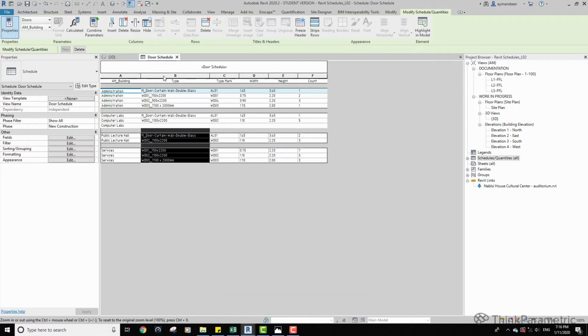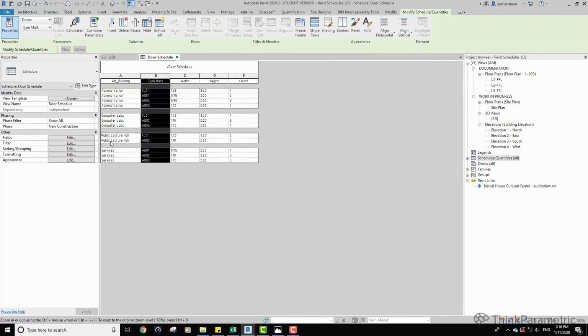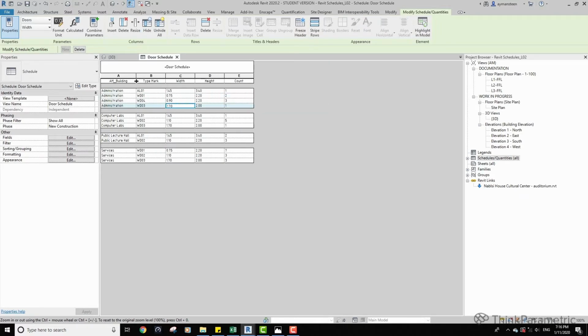So for this schedule, I want to hide the type, and then I want to do something a little bit related to the quantities. So we want to calculate the total area of the door. For example, you can see that these are the aluminium doors.